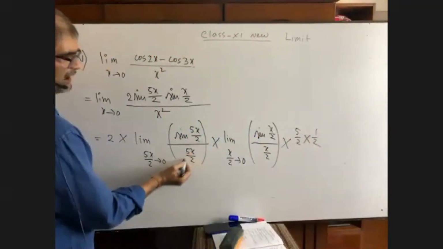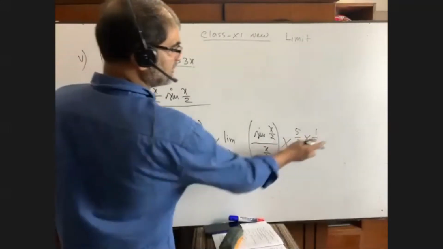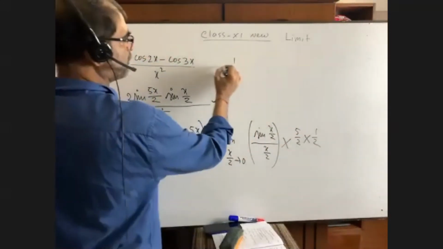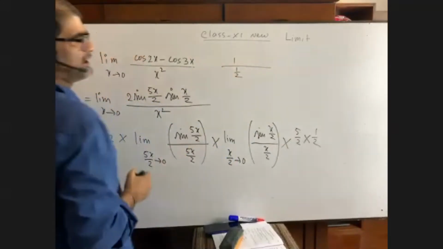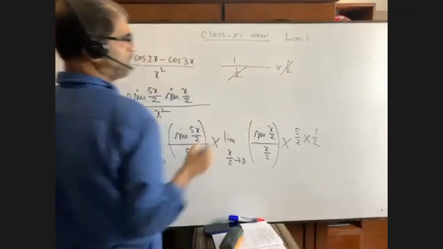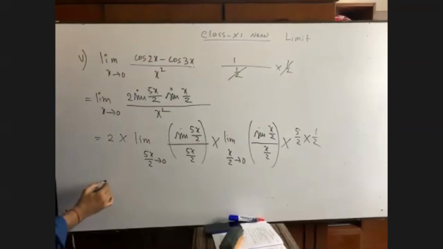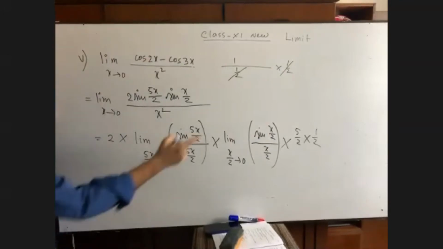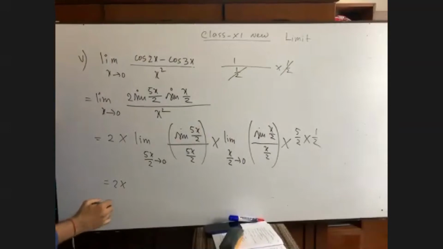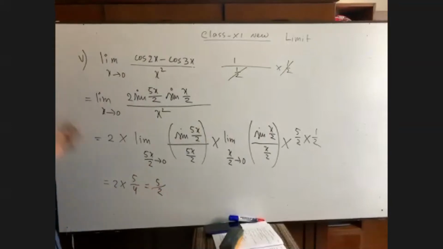You see, this 5 by 2, this 5 by 2 can be omitted easily. It is half, this half will be omitted. I think you get this point. 1 by half, how can it be cancelled? If I take another half, this half and this half will be cancelled at a time. Am I right? Yes, now you have got the answer. What will be your answer? Or what will be the limit? 2 into 5 by 4, that is 5 by 2. So it is our answer, okay?